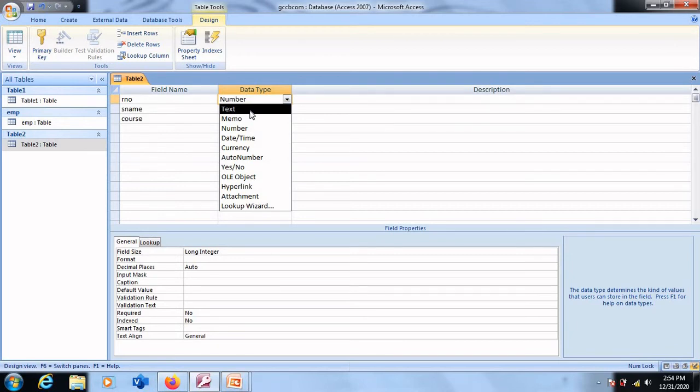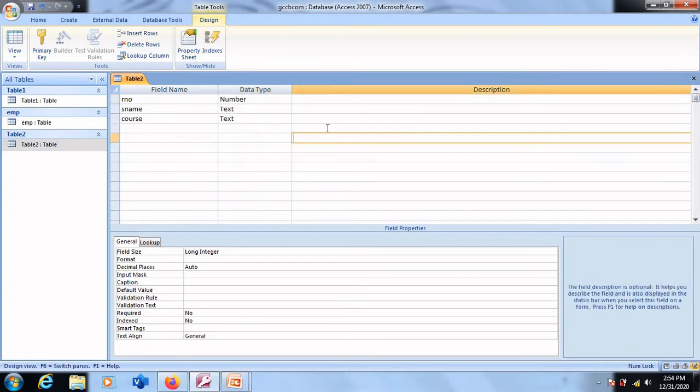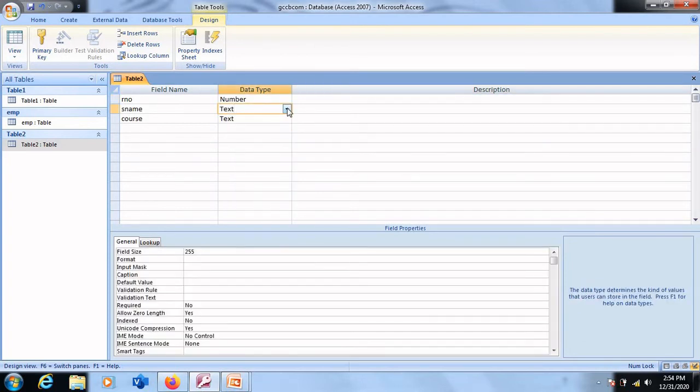With text, the maximum limit we have is 255 characters in MS Access 2007, which means if you select your data type as text, you can enter a maximum of 255 characters for a single entry. We can enter 255 alphabets for a single name for a single entry.